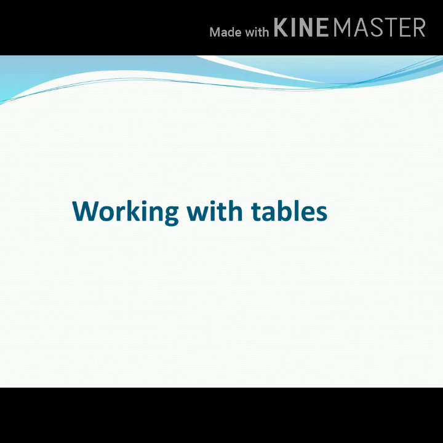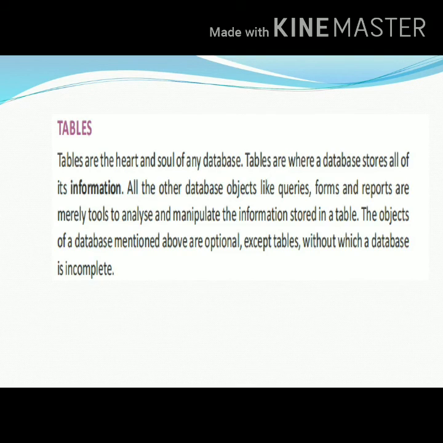Once you create a table, you need to know what a record is and what a field is. So, what do we mean by a table? A table is the database object where it stores all the information. A table is made up of fields and records. Fields are nothing but columns and records are nothing but rows. The related fields for an individual person, place or thing make up a single record, which is interrelated. In a table you have records, and the columns will have the same type of data.